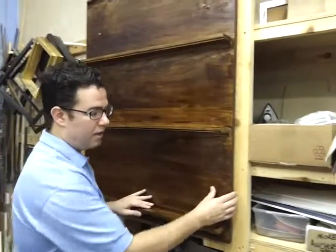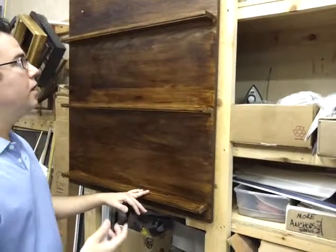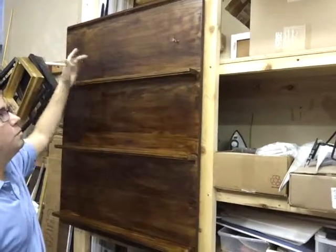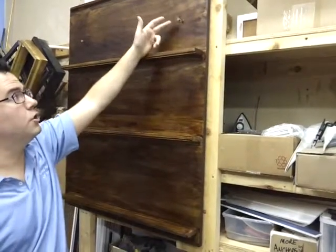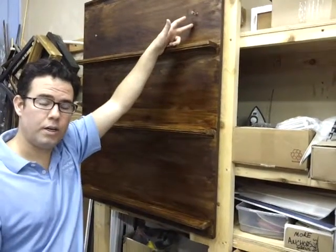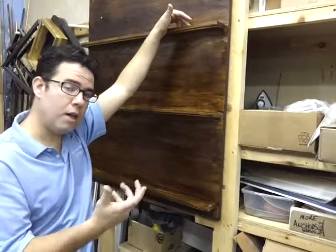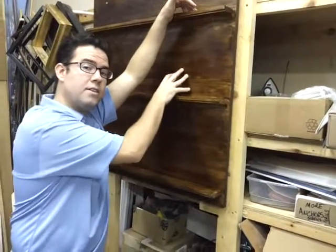Obviously, this is a solid, thick piece of plywood here. It's 3/4 inches, so it's very solid. You're going to have to attach this to the wall, the most important part. Right now, we've got it screwed through into our little studs where the books are going to go. Obviously, you can screw or make holes where you know that books are going to go. You'll see where the books are going to go, but you need to either try to attach those to studs, or use mollies, or use butterfly bolts, or something like that to make sure that this is solidly attached to